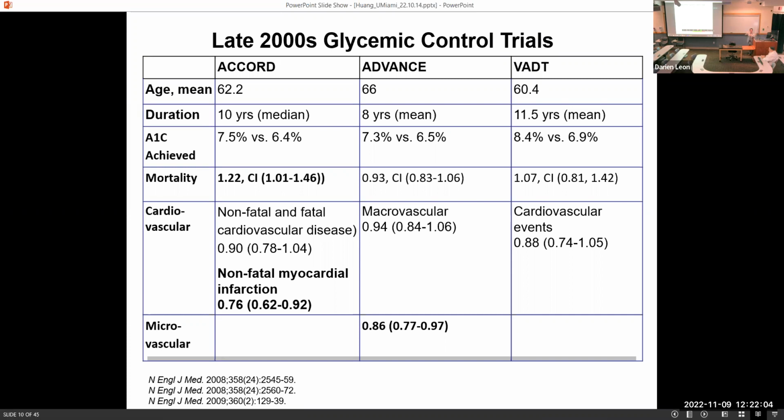But what's amazing is that these trials had such rigorous protocols, they were actually able to achieve separation of A1C curves. And of course, what happened was the ACCORD trial actually ended up having a higher mortality rate in the intensively treated arm and the trial had to be stopped early by the NIH. So this was a completely surprising result that has confounded people to this day to figure out what happened. All we know is that the people in the very intensively treated arm died at a higher rate. VADT and ADVANCE did not have that same mortality outcome.